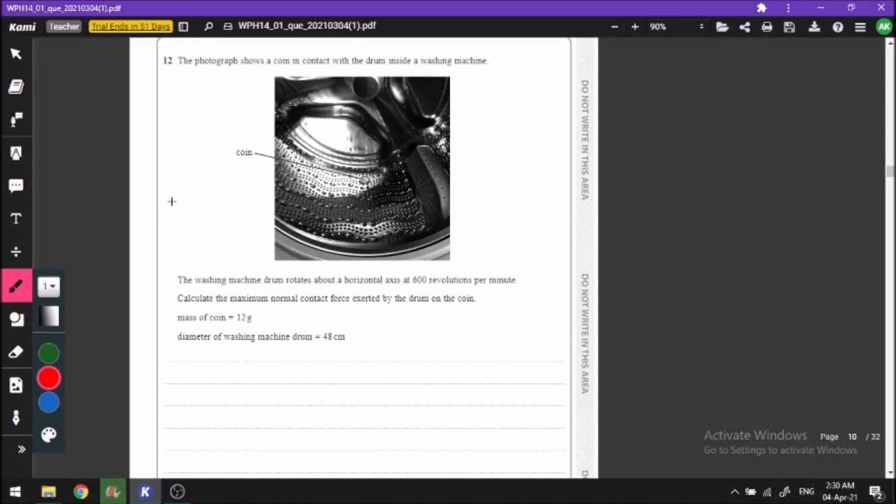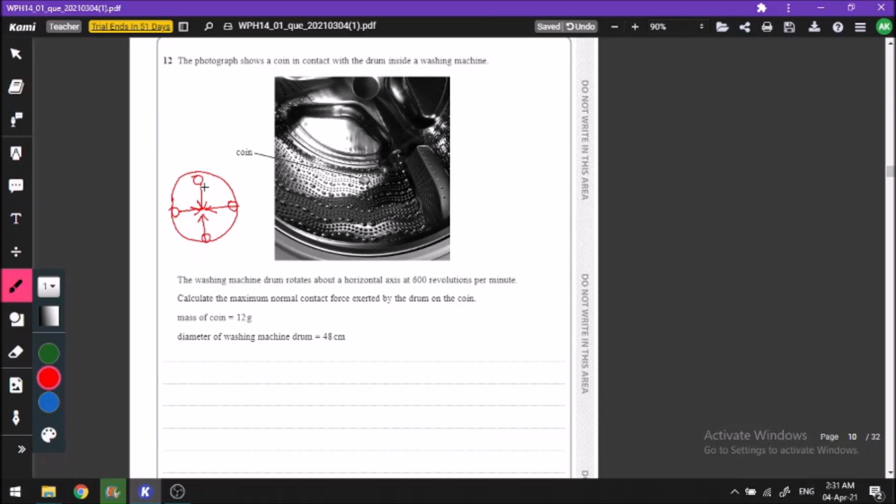contact force? So I think that this is the washing machine surface. It is spinning, and we know from our basic concept of centripetal force that if the coin is over here, then it will face a centripetal force towards the center. Centripetal means towards the center. So it will have a centripetal force towards this direction. And if it is here, it will have a centripetal force in this direction, and so on. Wherever it is, it will face a centripetal force from the washing machine surface towards the center.